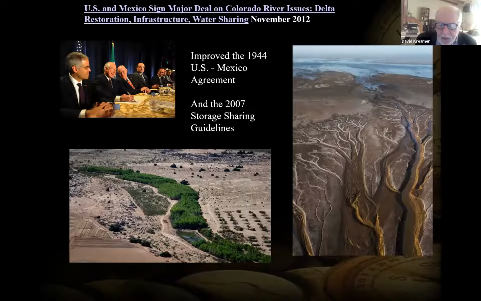Just quickly mentioning the Colorado River Delta, so much of the Colorado River is used as it flows to Mexico that by the time the water is supposed to get to the Delta, it's pretty much non-existent. It's all diverted. And so what was once a vibrant ecosystem is pretty much a dead zone in the Colorado River Delta. So in the lower left, you can see a revegetation process that's going on associated with the agreement in 2012.